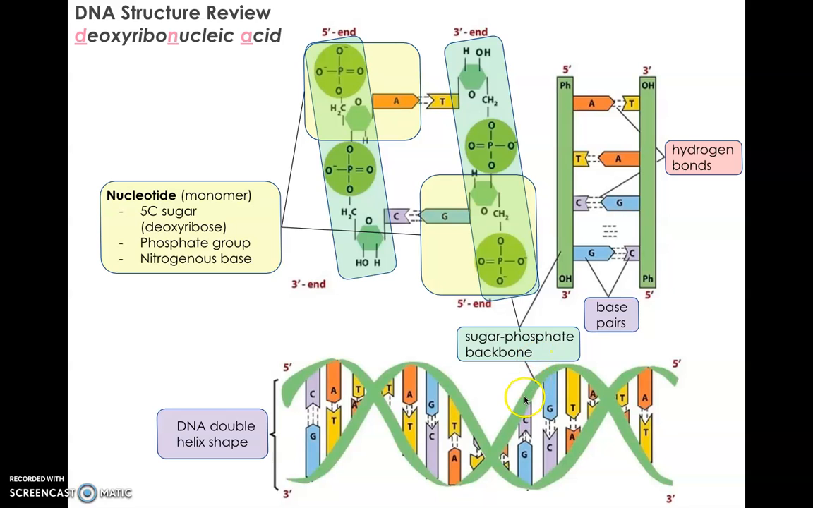The sugar phosphate backbone is called that because it contains the 5-carbon sugar, deoxyribose, and the phosphate group of the individual nucleotides, those are the monomers of DNA that compose this whole molecule, this polymer. I'm also going to point out to you that the rungs of the ladder are made of base pairs, and they're attached by hydrogen bonds, weak hydrogen bonds, compared to the covalent bonds that hold together the sugars and phosphates